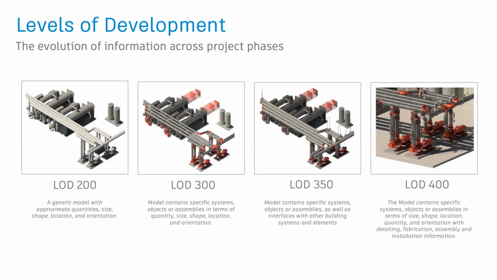But what that's enabling project stakeholders to do is to understand where a model is, not just in terms of its graphics and what we could expect to see in that model, but in terms of its information. So very early on, at late concept design stage, LOD 200 models have very generic elements in them that are just grabbing space, and then associated information that's needed to support that phase of the design.